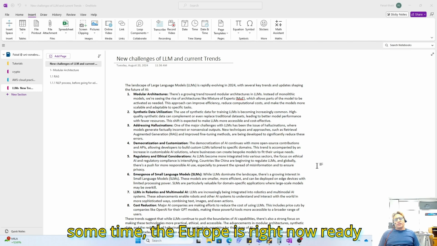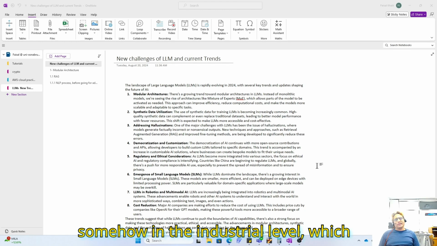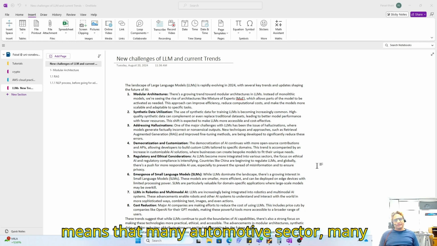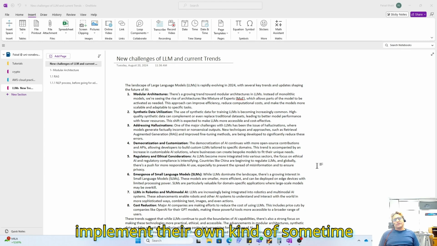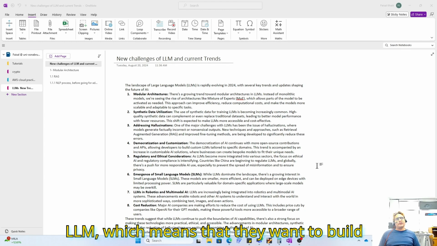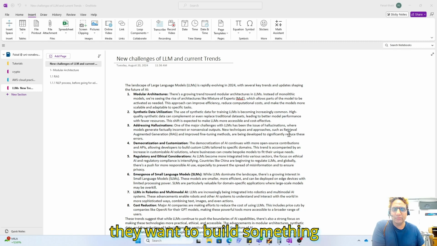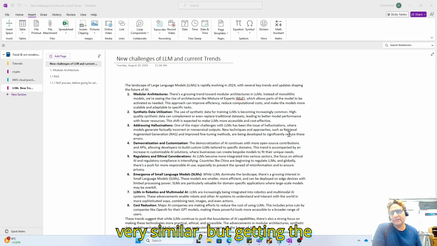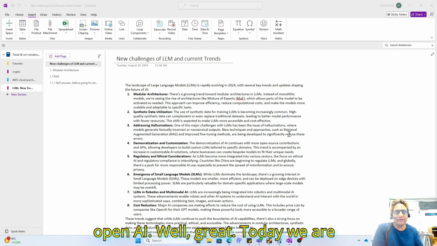But after some time, Europe is now ready to implement artificial intelligence at the industrial level, which means that many automotive sector players and other major players are trying to implement their own LLM, which means that they want to build their own ChatGPT. Sometimes they want to build something very similar, but getting the API from OpenAI.